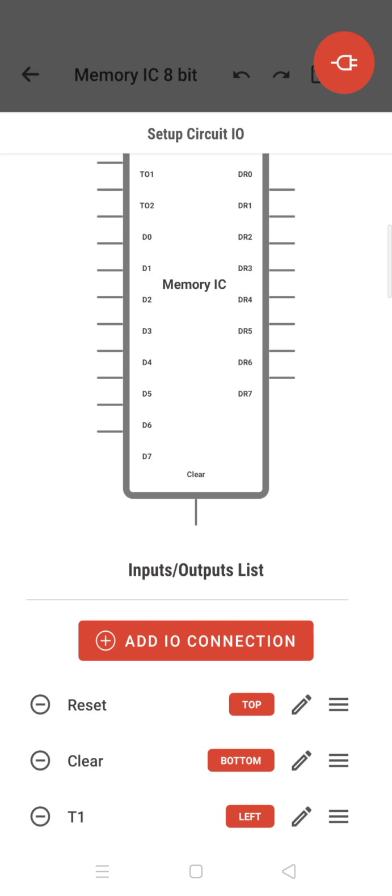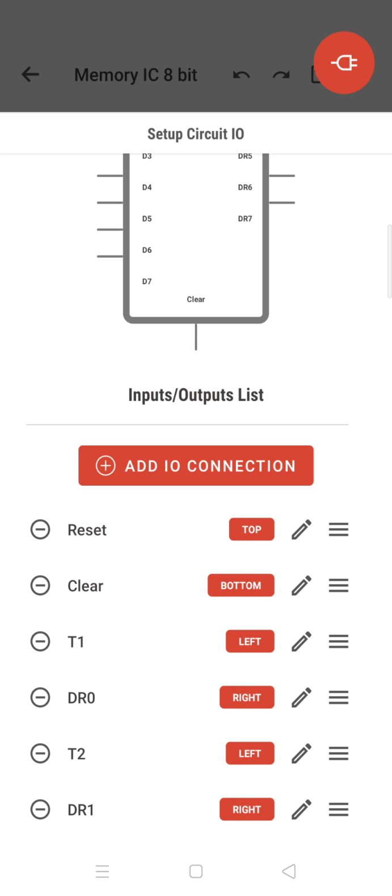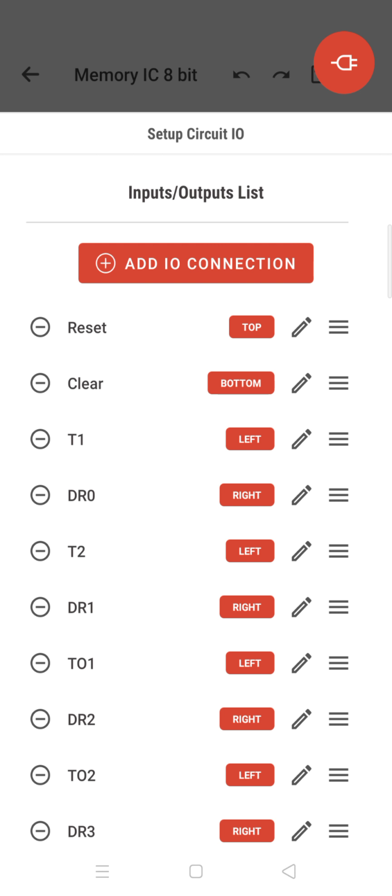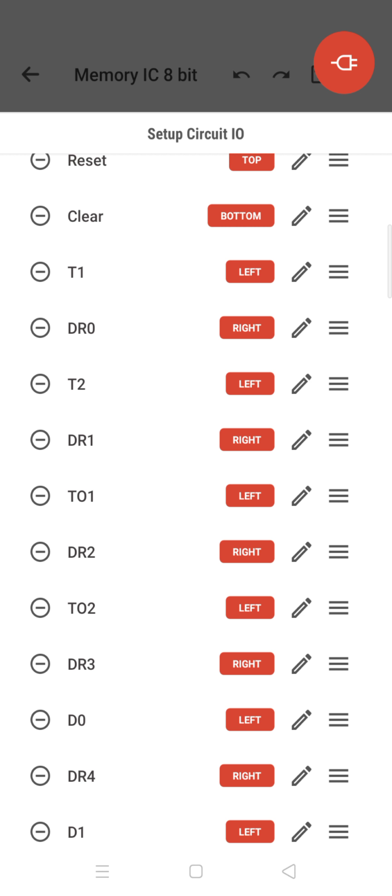And what are the connections for that? That I have given here. Reset, clear, then T1, T2, then DR0, DR1, and so on. DR0, DR1, DR2 are data read 0, data read 1, data read 2, and T1 and T2 are the toggles for the output.